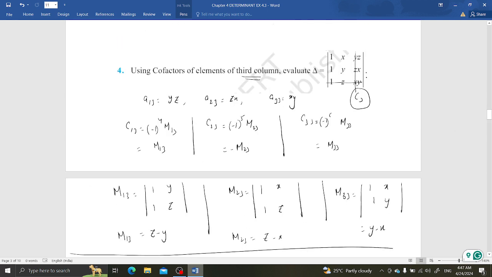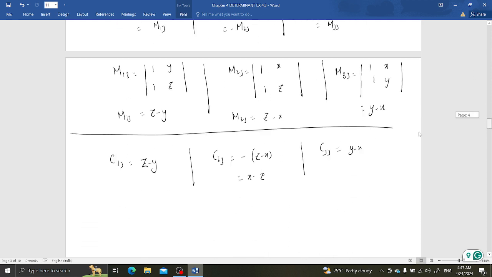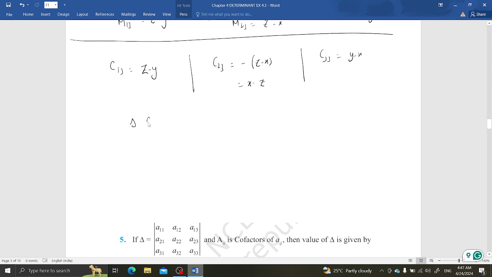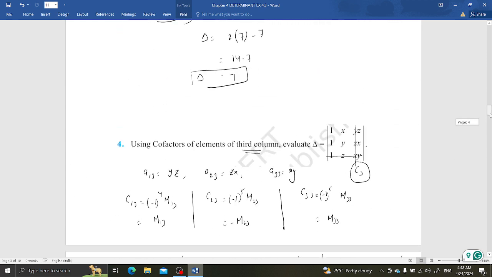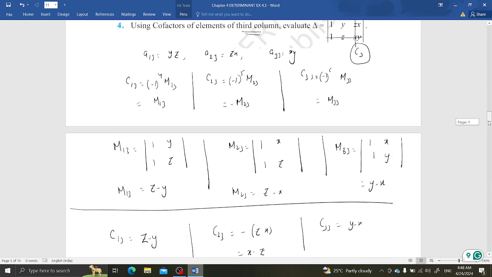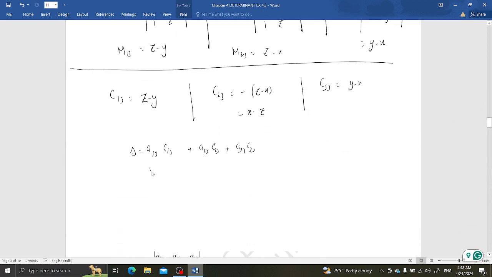Now what they are saying is to expand the determinant along the third column. Now the value of the determinant along the third column is A13 C13, A23 C23, A33 C33. Okay, and the values we need to write here. First is YZ, ZX and XY. A13 value is YZ, multiply with Z minus Y, plus